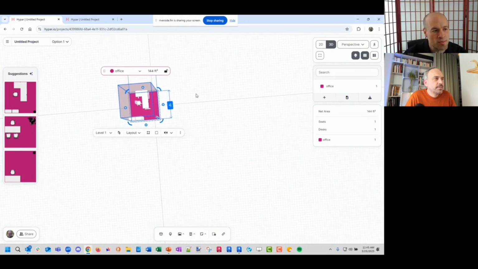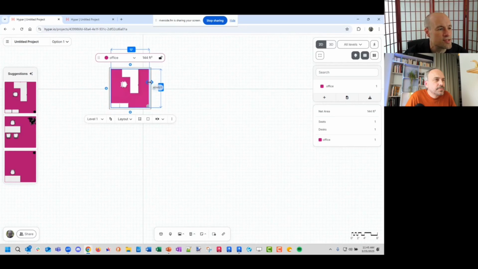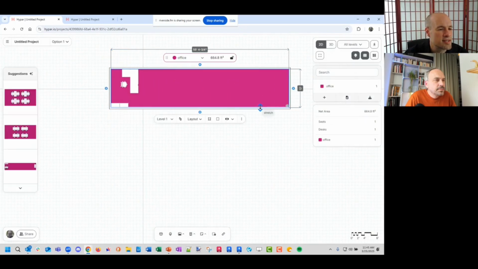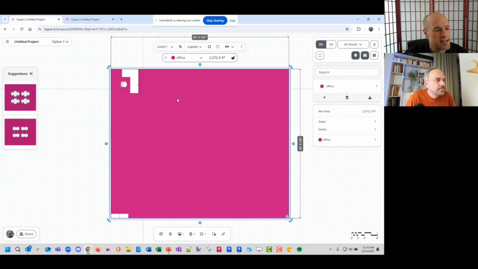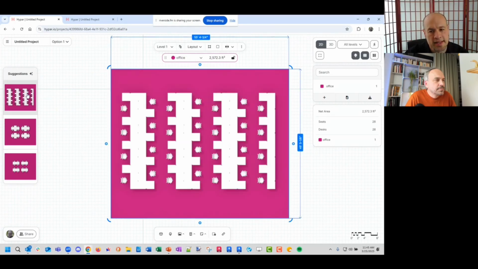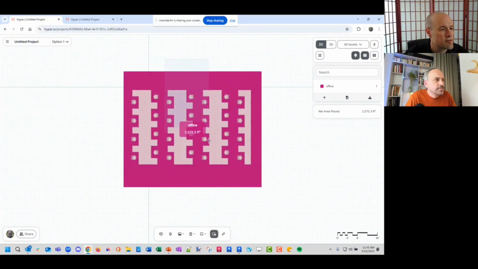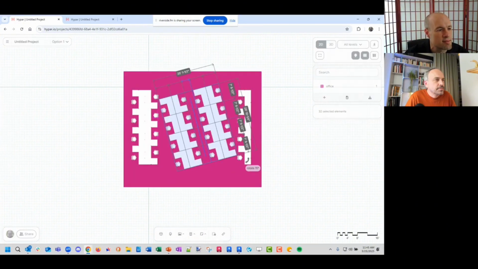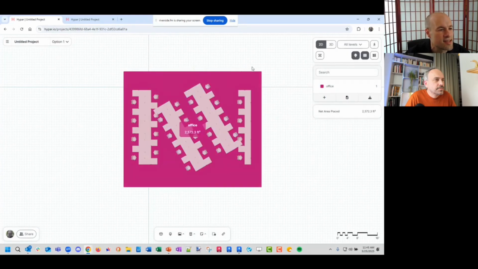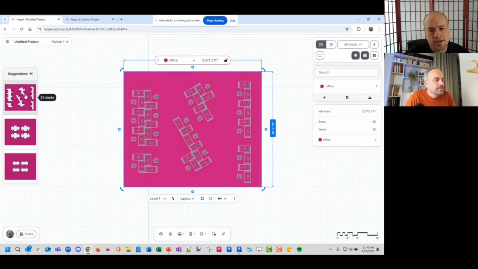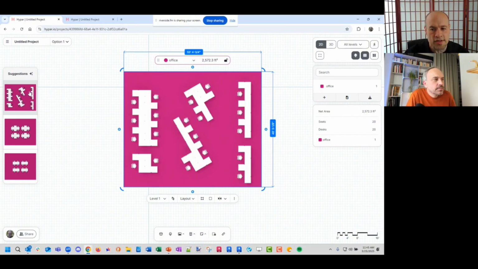Some of these are smart. It's easier to see if I go into 2D here, but if I start making this bigger, you'll see that, oh, I see, you're not making a private office, you're making an open office, in which case I might want to turn off the walls and maybe do something like that. And then maybe I'm a disciple of Peter Eisenman, and I want to do something really designy like this. And now it's trying to adapt to the gesture I just made to do something sensible.